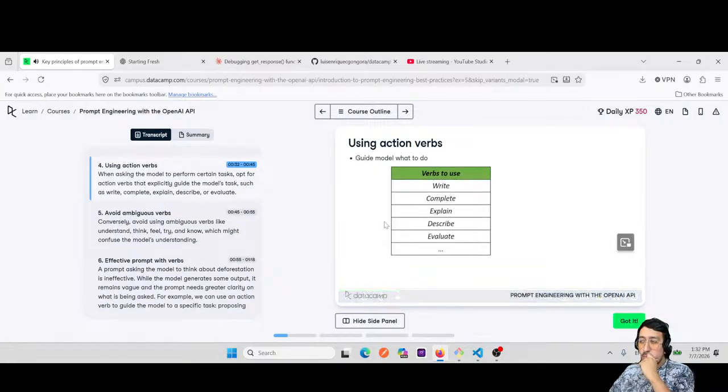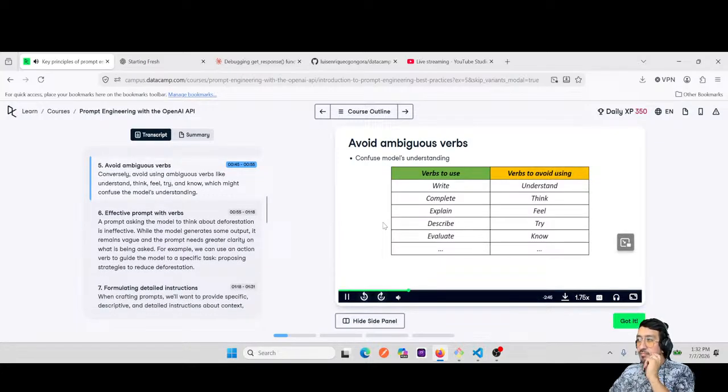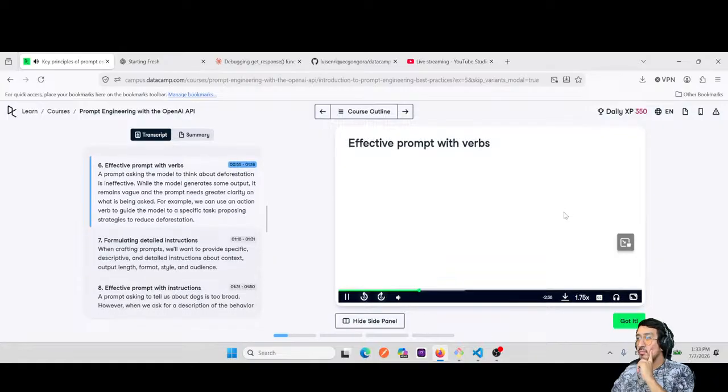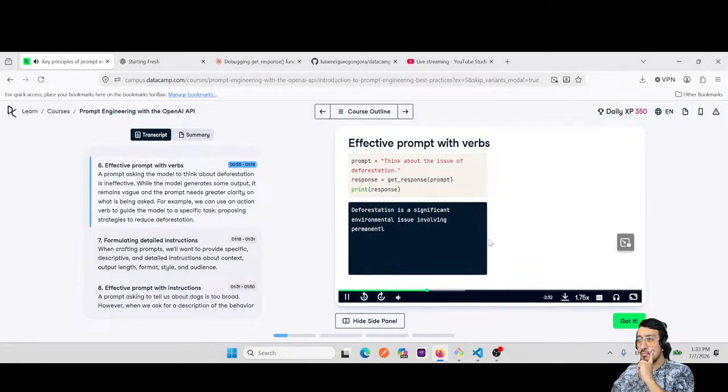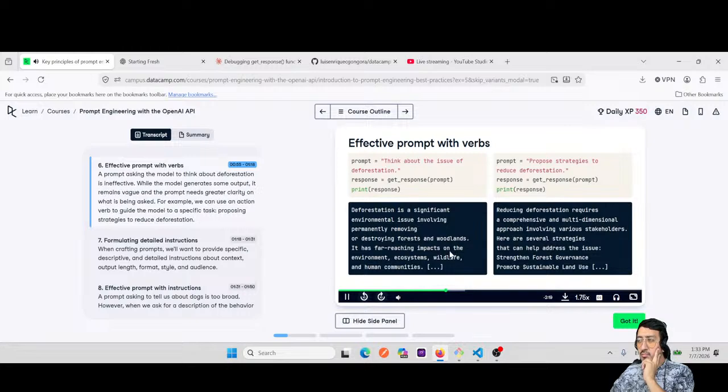such as write, complete, explain, describe, or evaluate. Conversely, avoid using ambiguous verbs like understand, think, feel, try, and know, which might confuse the model's understanding. A prompt asking the model to think about deforestation is ineffective. While the model generates some output, it remains vague and the prompt needs greater clarity on what is being asked. For example, we can use an action verb to guide the model to a specific task, proposing strategies to reduce